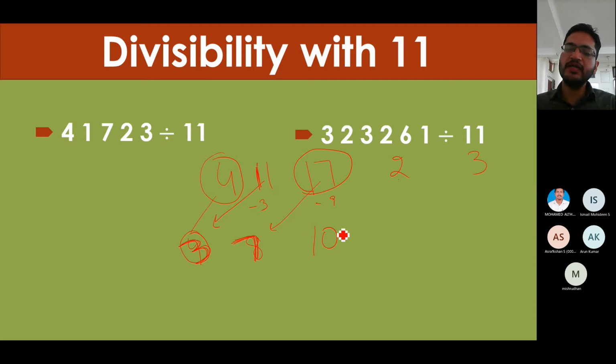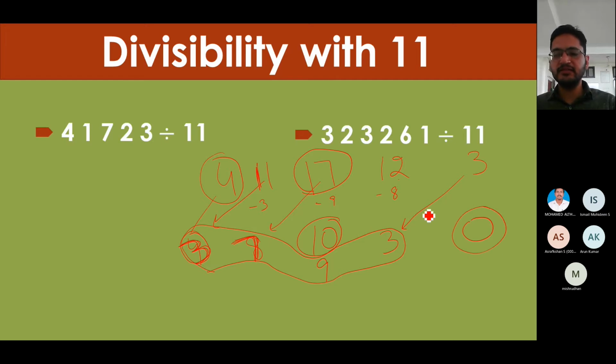Now 2 minus 0, sorry, 2 minus 10. Again it is minus 8, a negative number. So I will take 1 from 10. It will become 9. And I will write 1 here before 2. It is 12. Now 12 minus 9, that is 3. Now 3 minus 3, that is 0. The quotient is 3793 and this is the remainder.